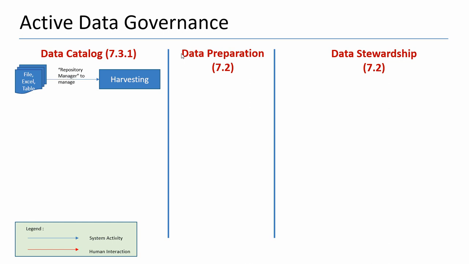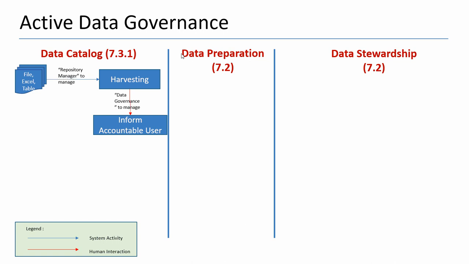So basically the first step is, as a repository manager, to manage a new model and then do harvesting or import metadata from different files, Excel files, even from tables. And then after that, there's a data governance user to manage, for example, access to that new file model or Excel model. And then as a data governance user, because they don't necessarily know about the data,